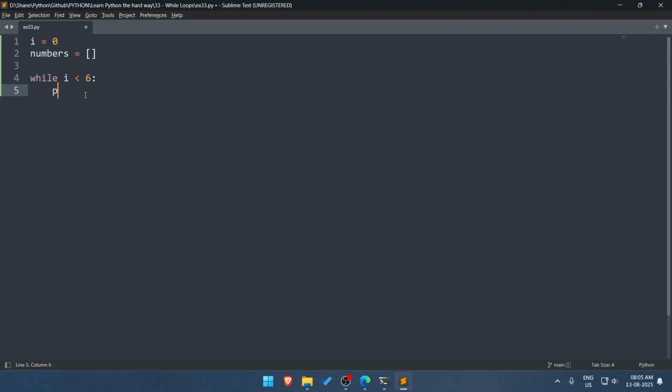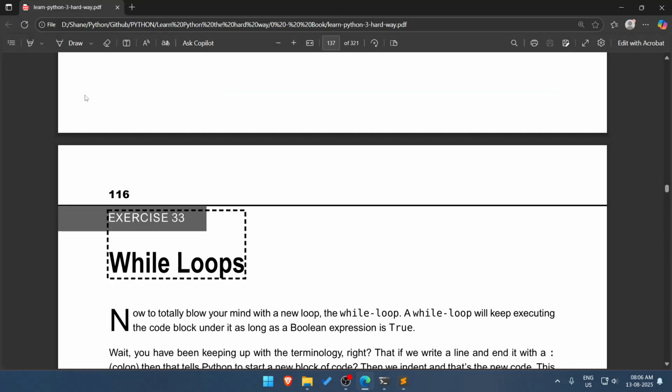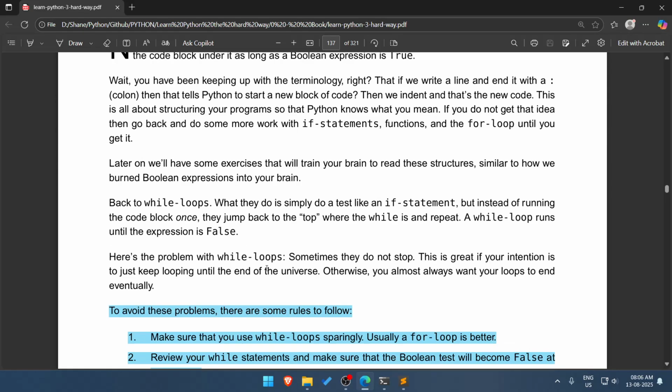At the top I is I. Then within numbers we will append I.